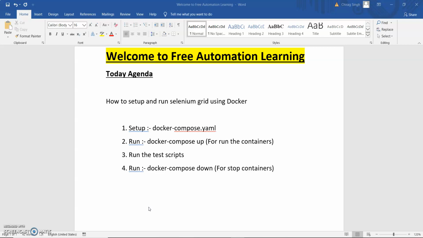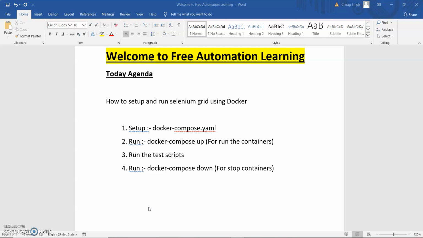We designed a simple test script and ran it using Selenium standalone and Docker. But we did not use Selenium Grid there. In this video I'm going to show you how we can run and set up Selenium Grid using Docker.